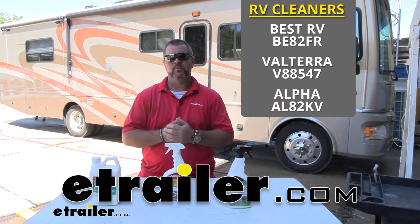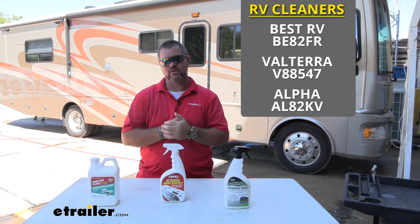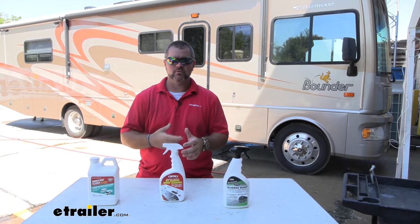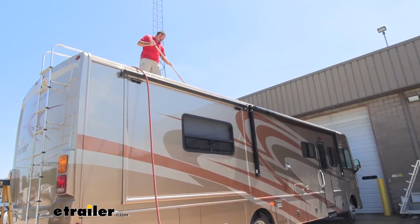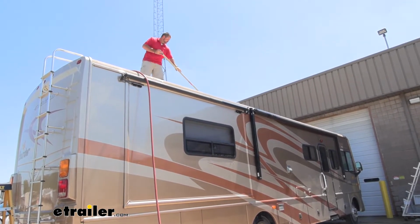Today I have 3 cleaning products and we're going to be testing them against each other on this RV roof behind me. They're all 3 going to work for synthetic rubber roofs and natural rubber roofs. One thing when we clean our roofs, we want to make sure we're doing it every 2 to 3 years,